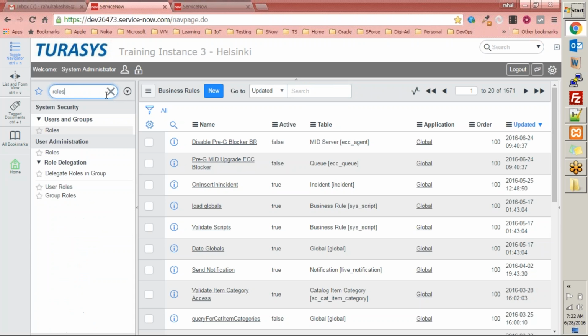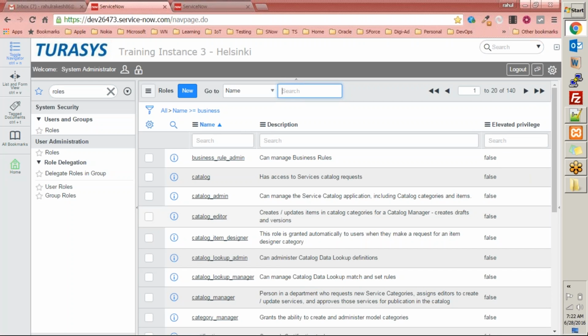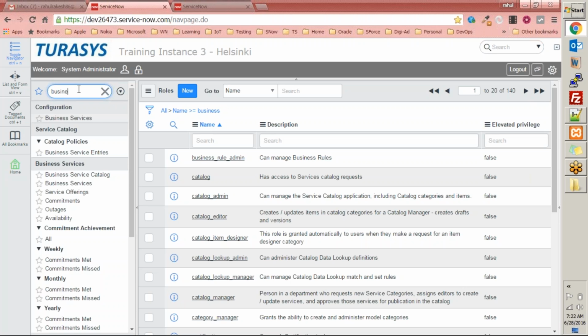If we talk about roles related to business rules, let's go and see what roles related to business rules are there. A person having business_rule_admin can administer business rules. If you do not have this role, you will not be able to do that. Okay? Going back to business rule,